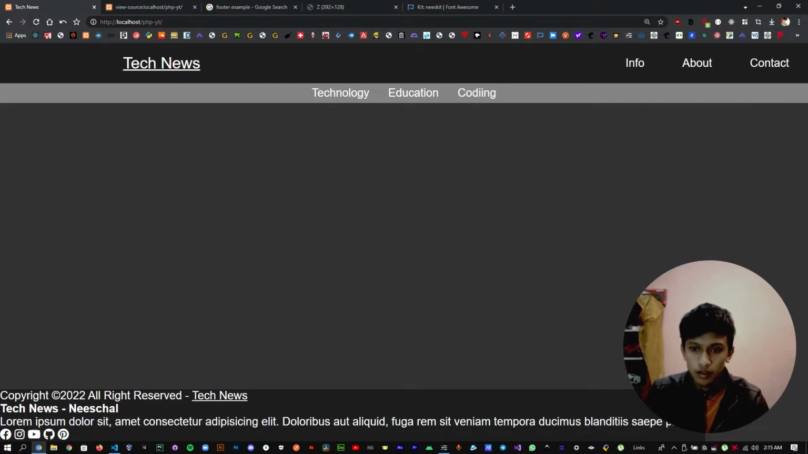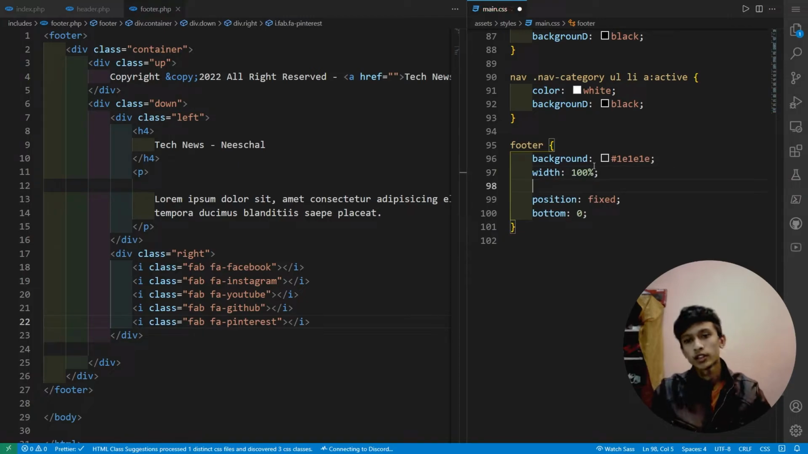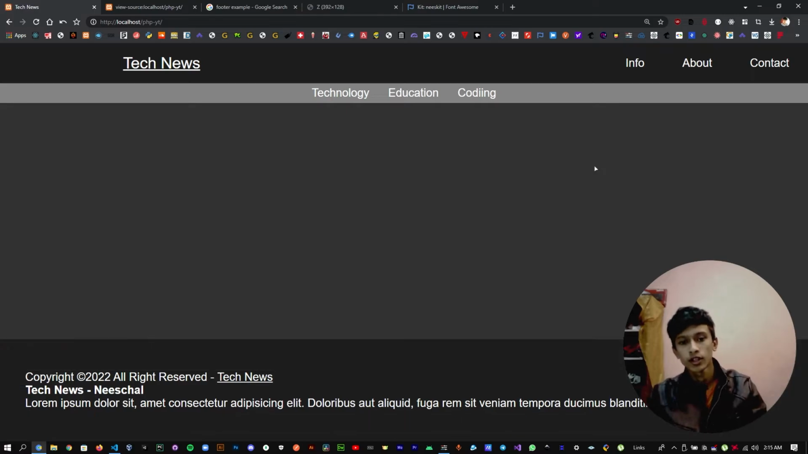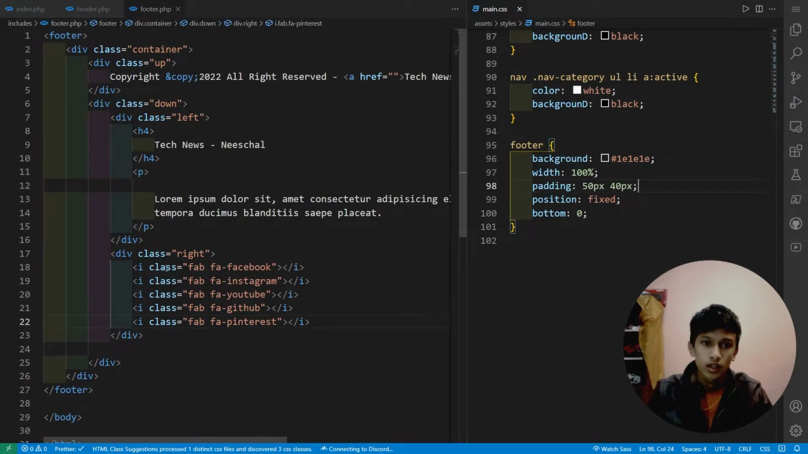You can see that background, but it is not taking full width. Let's give the width of 100%, and then padding of top and bottom 50 pixels, left and right of 50 and 40 pixels. If you want to create responsive, you can create that too, but I am not going to do it in this tutorial. Footer. Inside footer we have the class called